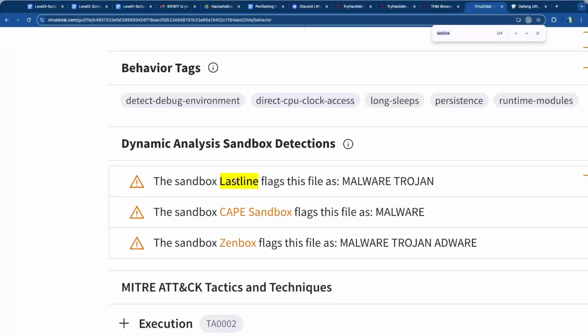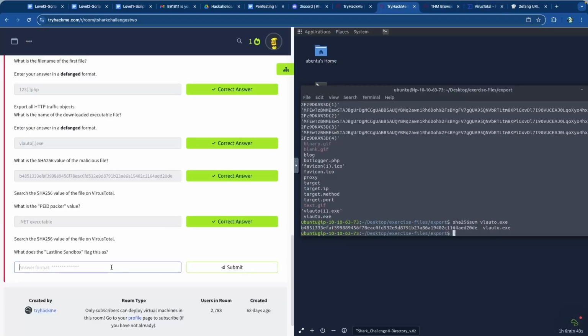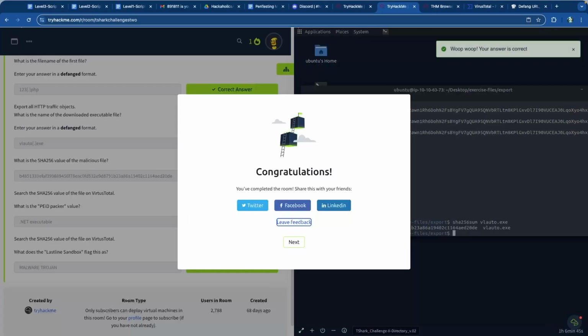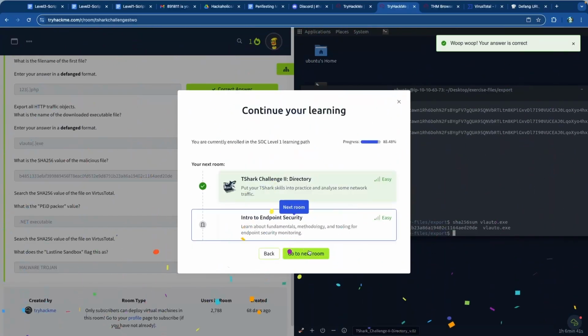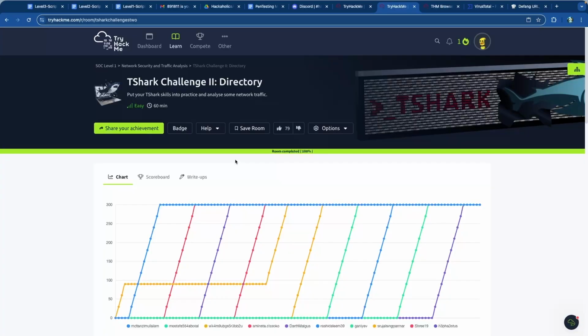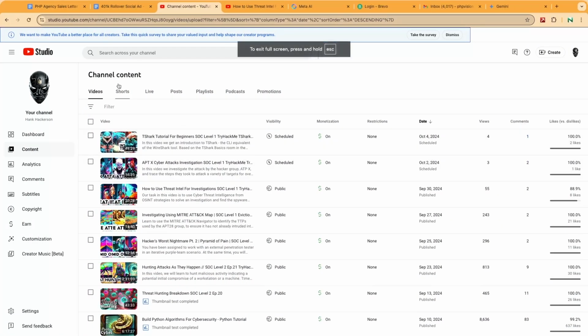Last line flags this file as a malware Trojan. And that should be our last question. Voila, we are officially done with this lab. Excellent, we are done. That was a fairly quick lab, and we have plenty more like that in store already